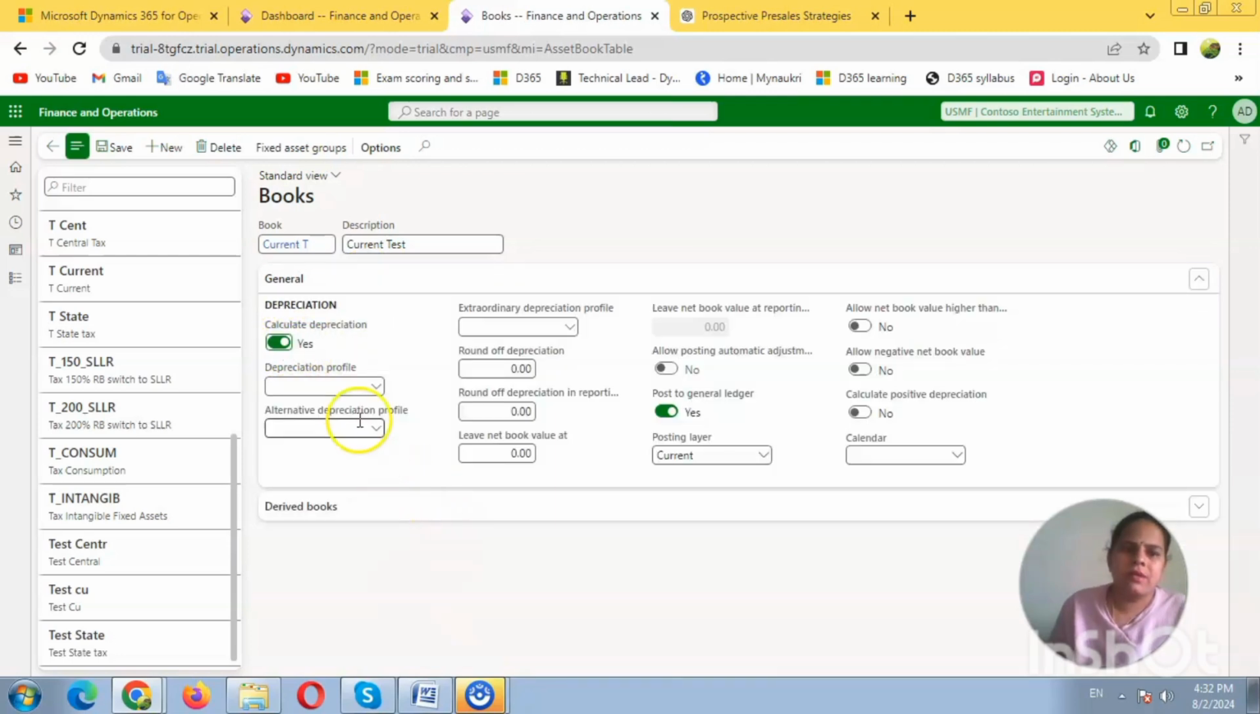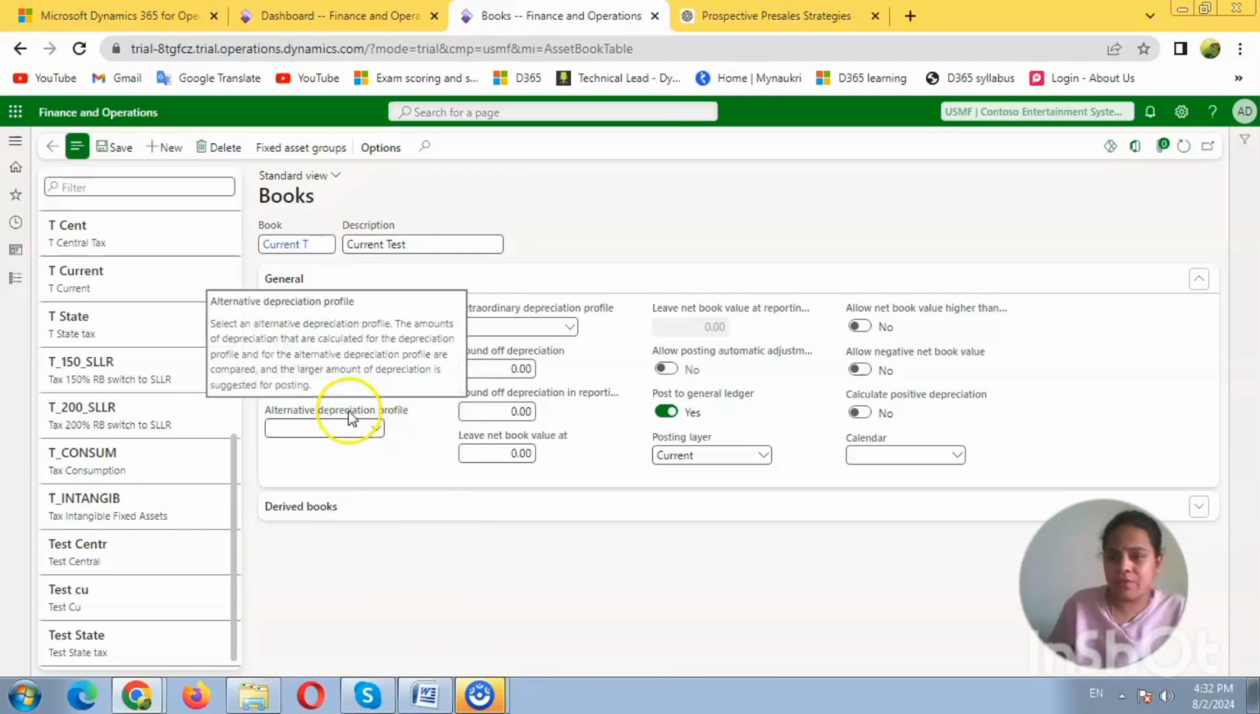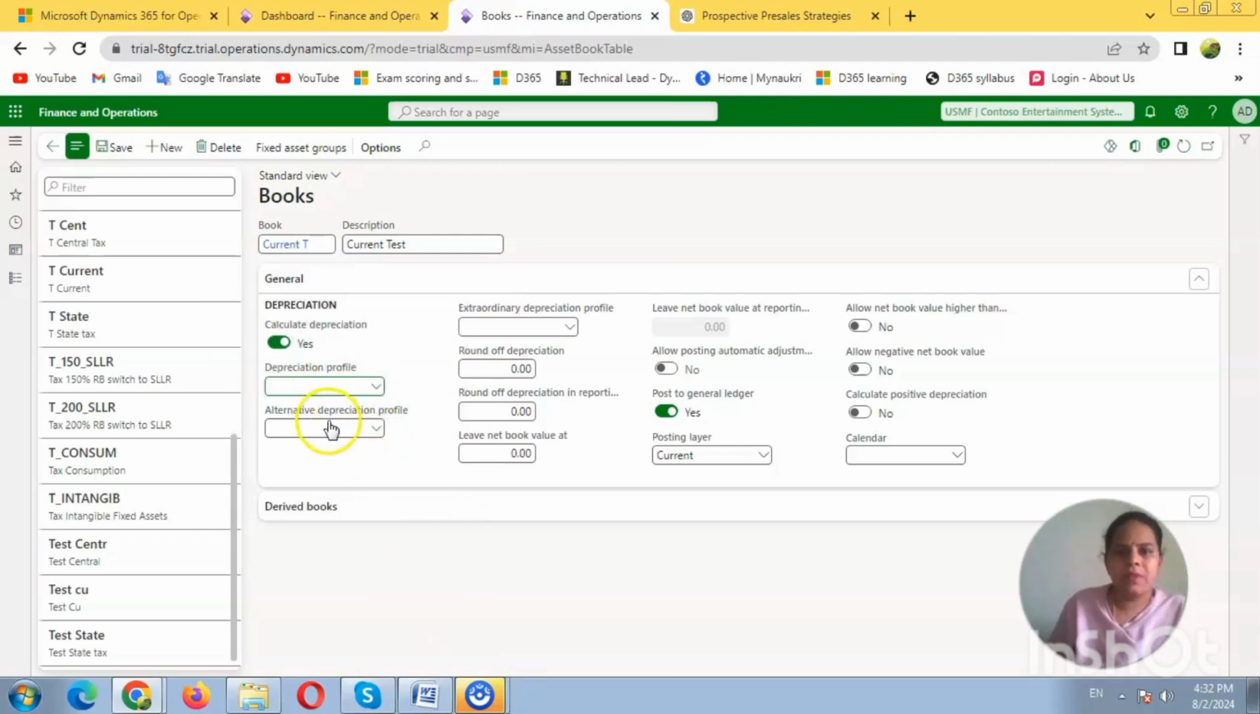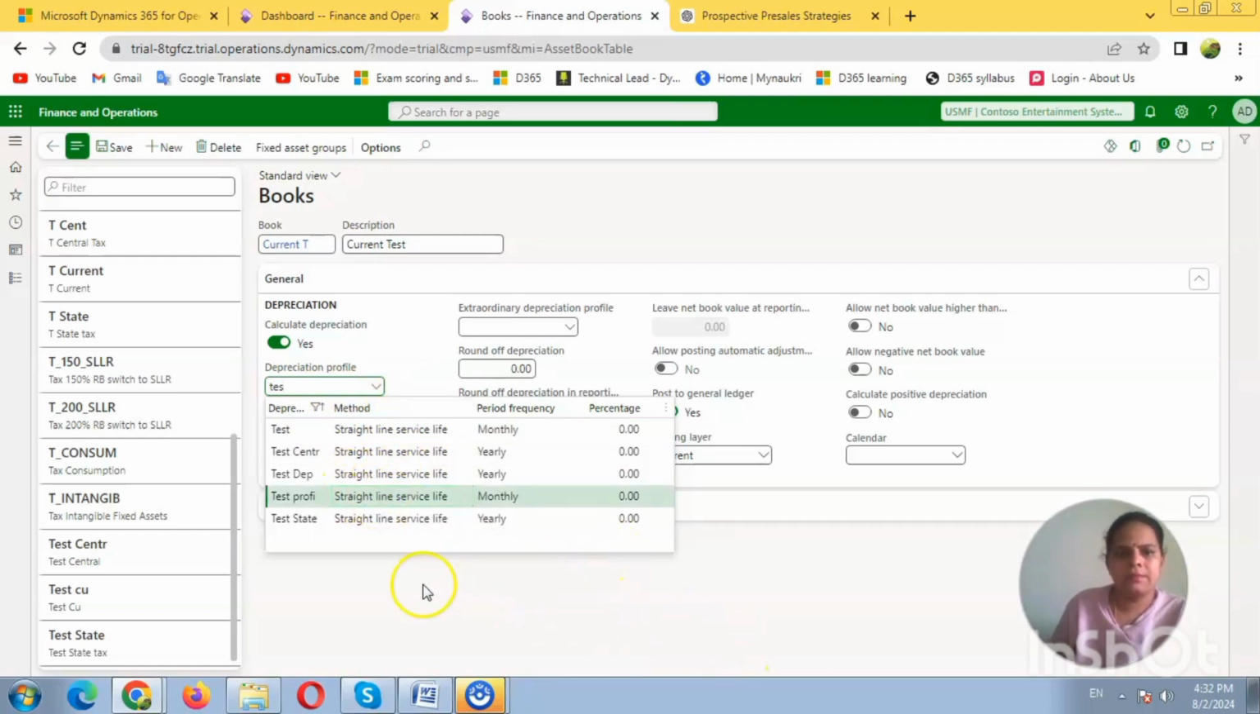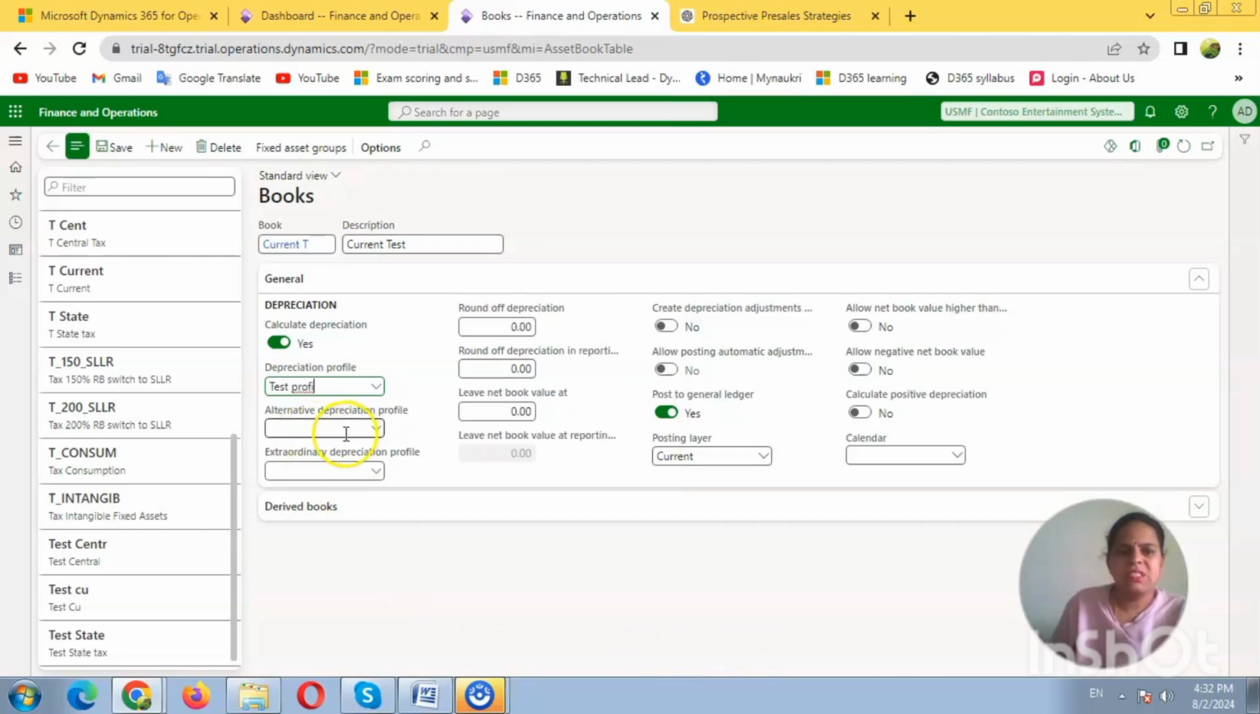Yes, calculate depreciation, yes, and depreciation profile. Now we are going to tag the depreciation profile which we have created before, that is the test profile. Yes, I have selected it. And alternative depreciation profile: if they have any alternative depreciation profile, it is tagged here. But coming to extraordinary depreciation profile,